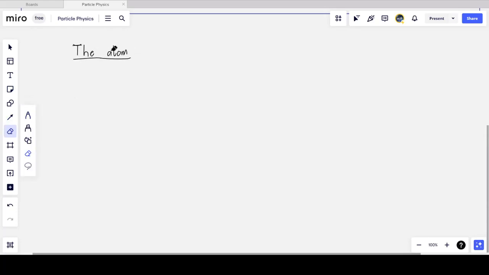And so the first part of this topic is that we understand the atom, and we're going to just assume a very basic model of the atom, just to make it easier for visualization purposes. But I'm going to assume that the atom is this circular thing. It's not completely true, but if my atom is the building block of all of the matter that I have in the universe, well, naturally I'm curious and I want to zoom into this atom. And if I assume a model such as the Bohr model,